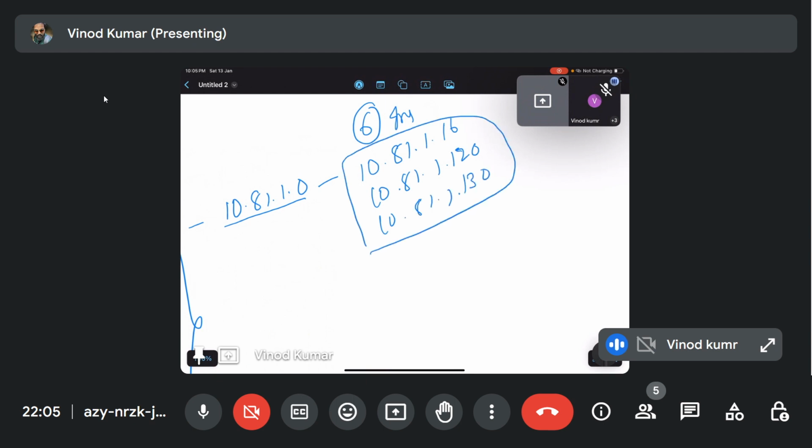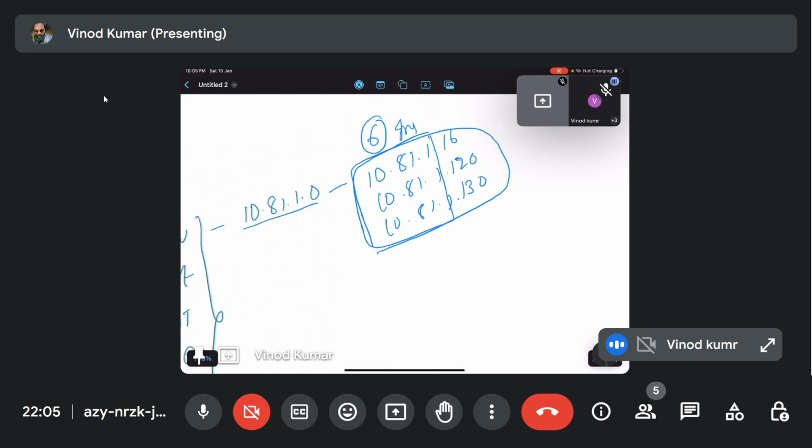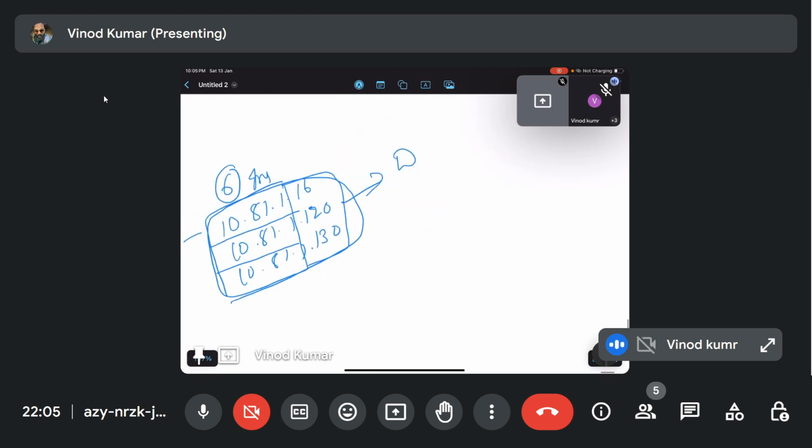But the common part here is 10.81.1. Whenever you want to see which environment an IP belongs to, you can identify it immediately by 10.81.1. After that, whenever any IP comes, you can define that these are the dev environment IPs.